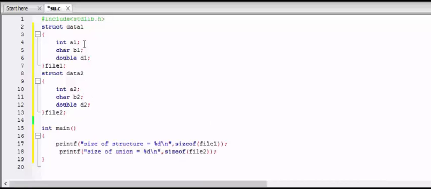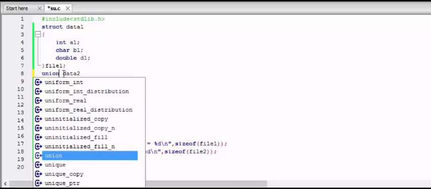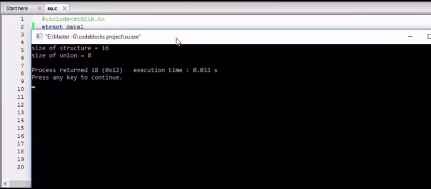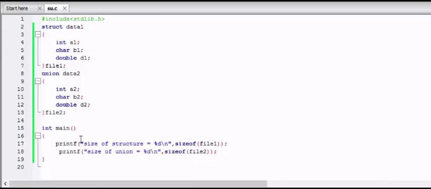Okay, I think everything is fine. I just have to change the structure of data2, I have written it instead of union. So my program, I guess, is correct. Now I'll run the program. As you can see, the size of structure is 16 and size of union is 8. So union size is 8 because of the largest data type that we have declared in the definition, which is double. Double is of 8 bytes, and the structure